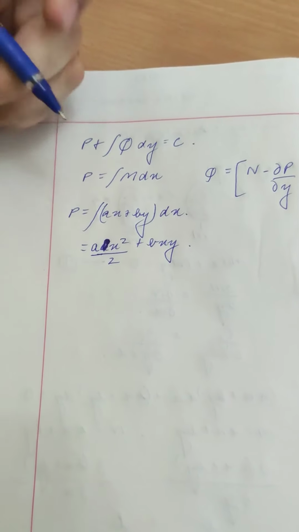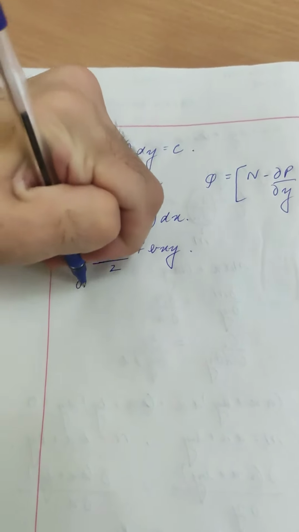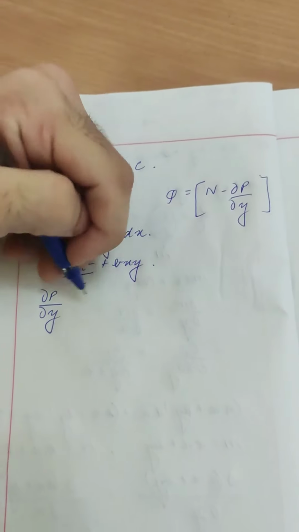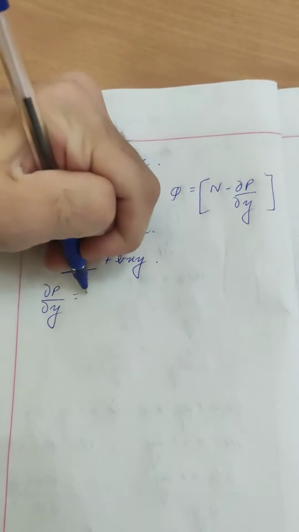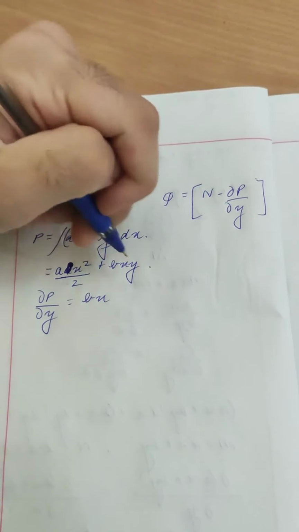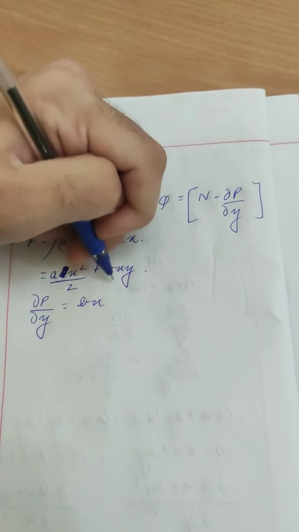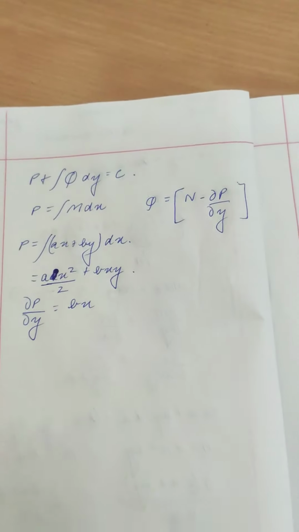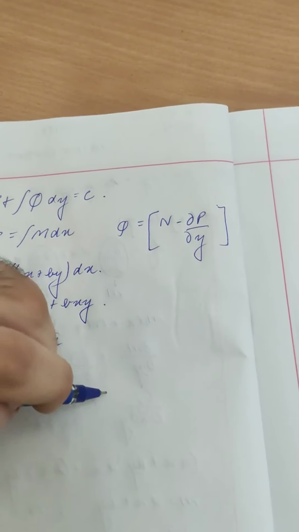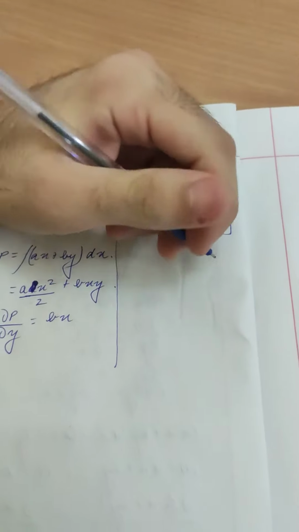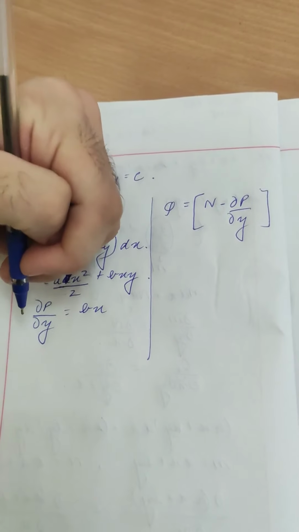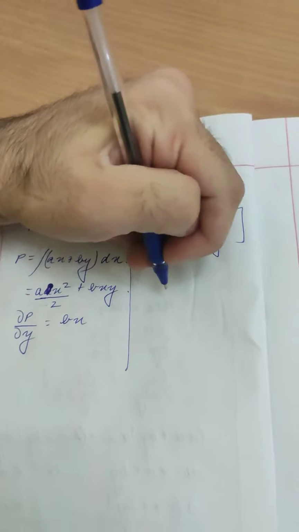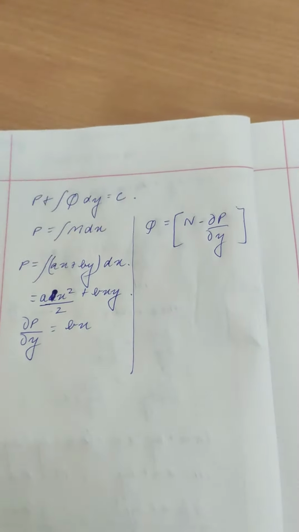Okay, so the partial differential of P with respect to y, we are doing this because we need it in Q, is nothing but bx. This term would become 0, and this term, since it contains a y term, we'd simply be left with y. It contains a first degree y term. Okay, so now I'll just separate this. Now if we take this partial differential of P with respect to y and put it here, we get, and we take the initial value of N